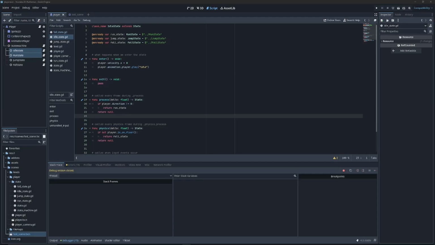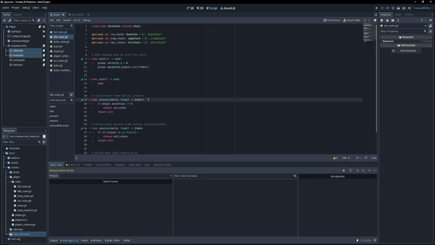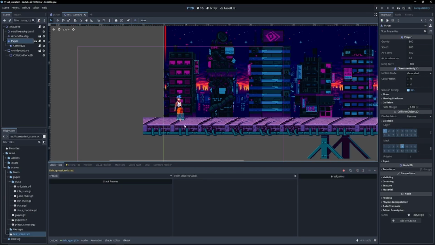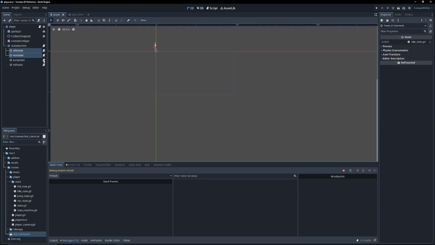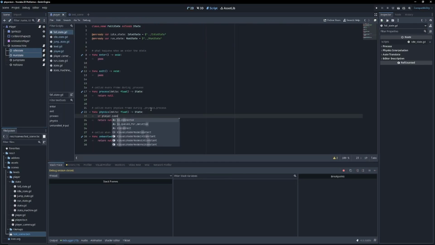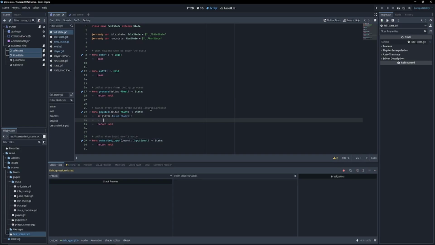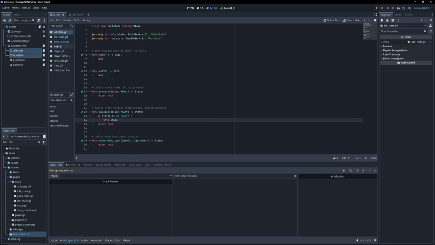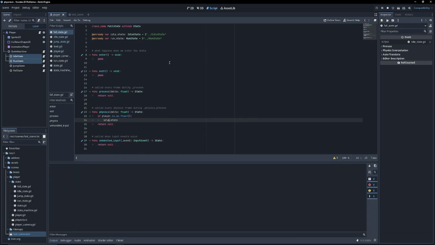Okay, so after debugging a little bit, sorry about that, guys, I figured out what was going on. What's actually happening is we're entering the fall state immediately because our player in our test scene is not on the floor right away, and I never configured the fall state yet. So all we have to do is, if player is on the floor, return our idle state. Now that will allow us to go back and,